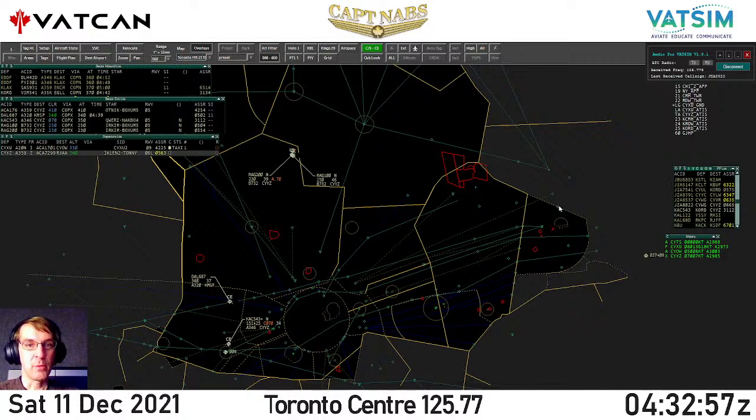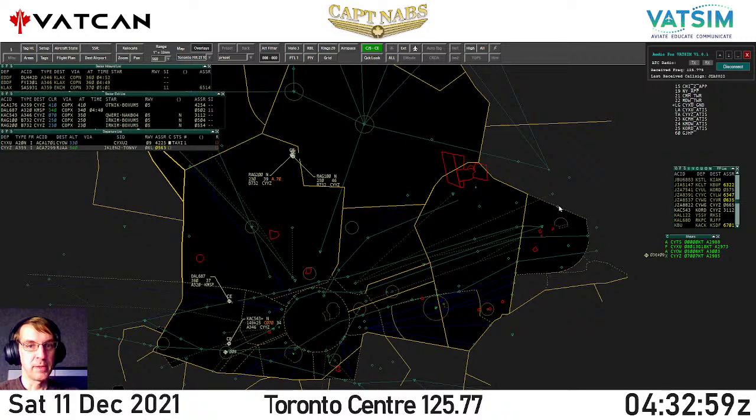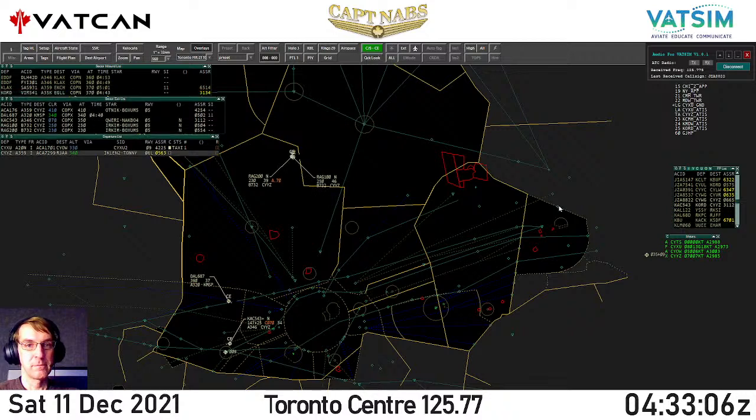All right, looks like Raglan 100 is overtaking Raglan 200 and is gaining pretty quickly. They really don't need to lose that much altitude either. They can probably start down right around Urkham there. So hopefully I have enough room to get